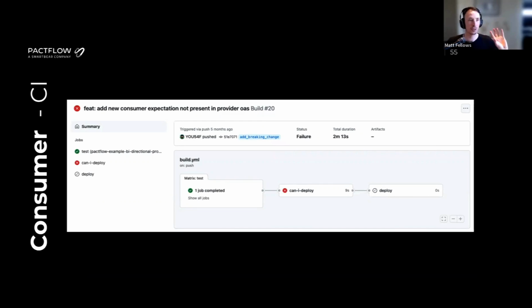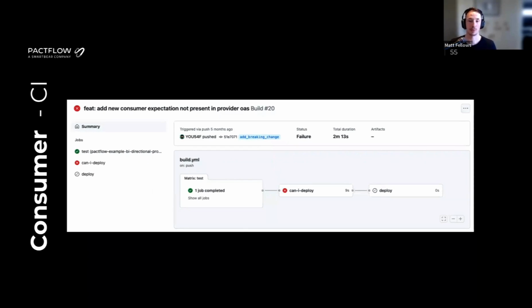And of course, this process works the other way around as well. If the provider were to remove a property, we would also get essentially the same failure. So of course, the teams need to go and have communication with one another. If it was being removed from the provider, they need to talk about how they would perhaps add a field, expand and contract, or if they were going to use versioning, whatever process they agreed on to do that.